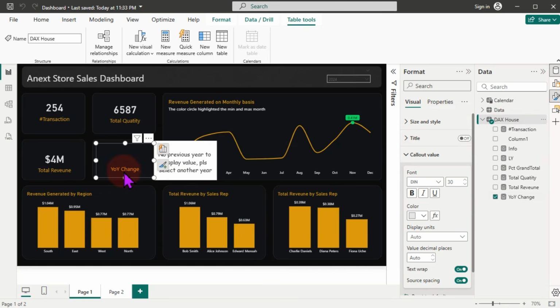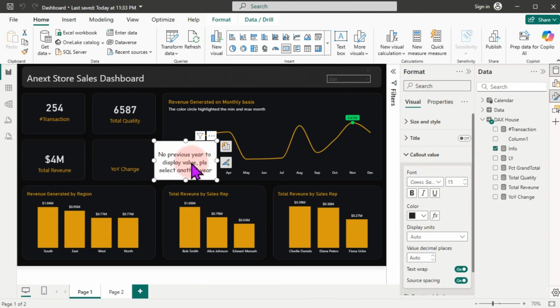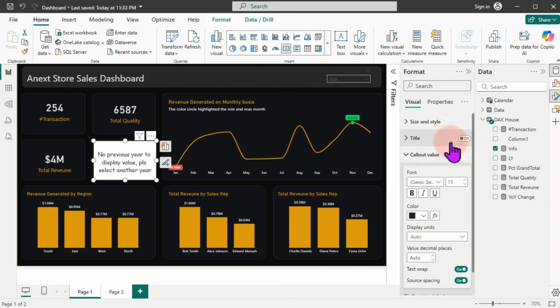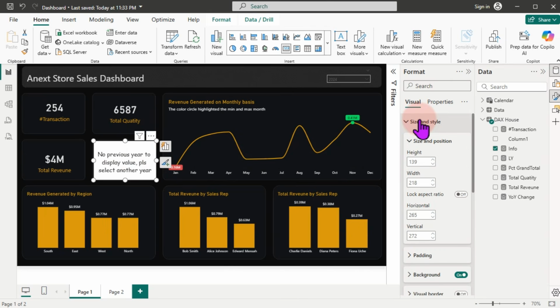Okay, it has disappeared. So the problem we have right now is that this particular year over year would actually still appear, because what we wanted to do is, when we actually overlap this one here, we go over to this particular part here and we use a conditional color on this particular background to turn this one off. You get it? So now let me do this. I'm thinking, okay, we have to write the DAX. We have to write the DAX. That is going to be a transparent